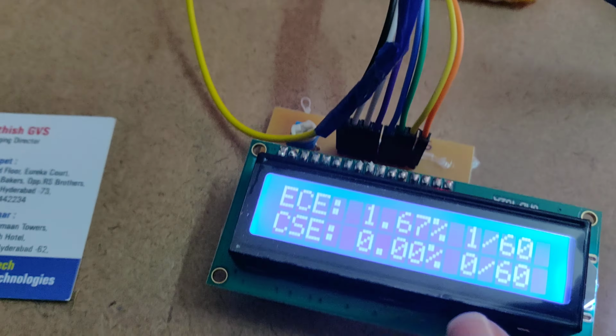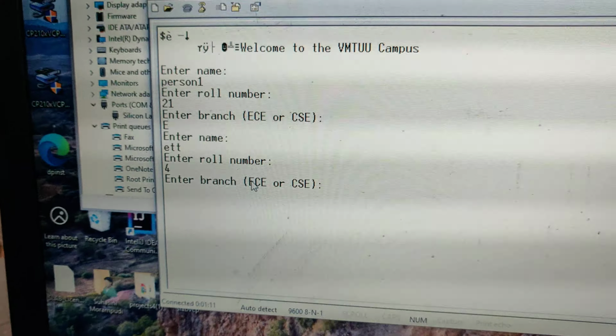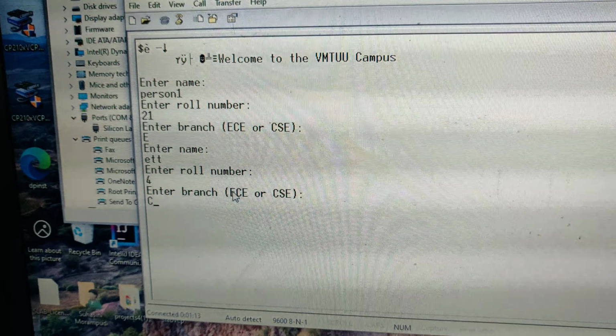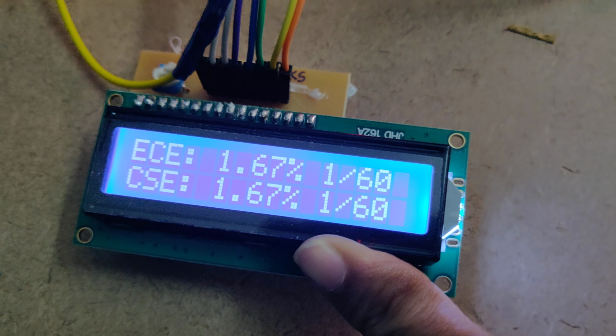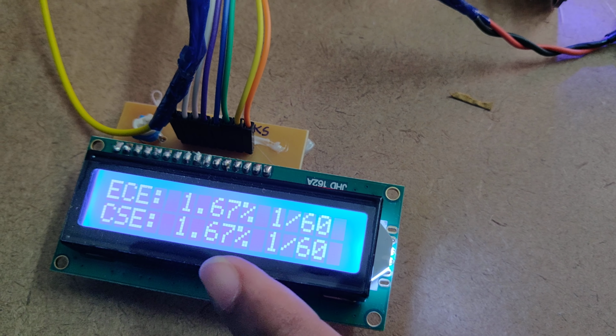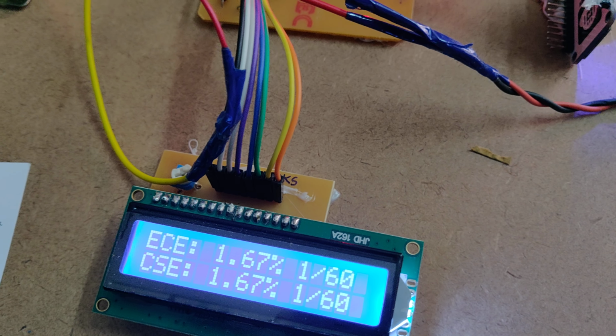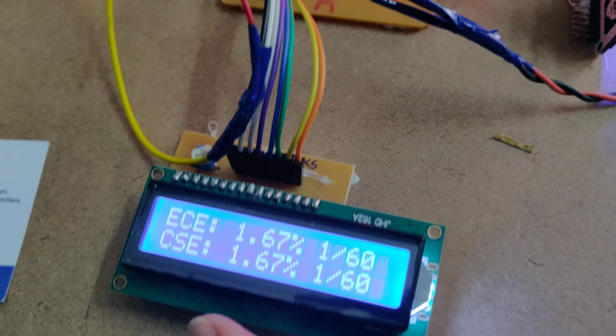This is an ECE student. Next, when I enter a CSE student, here we can see ECE student 1 and CSE student 1. So the percentage of the students who are present is shown on the LCD.